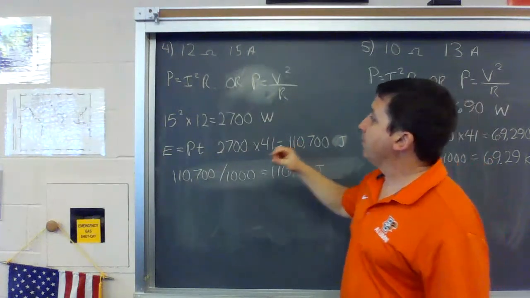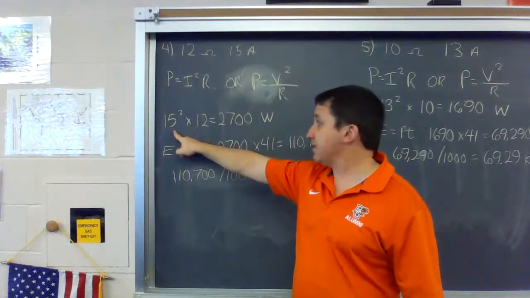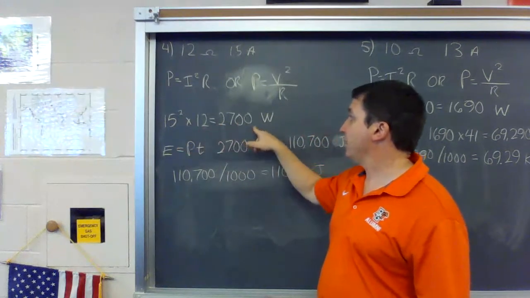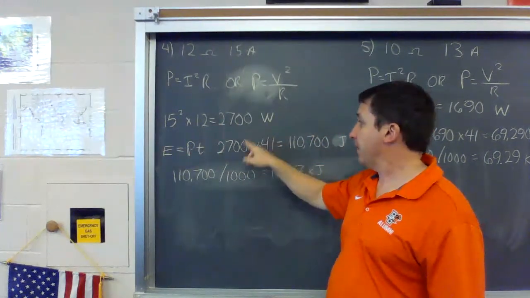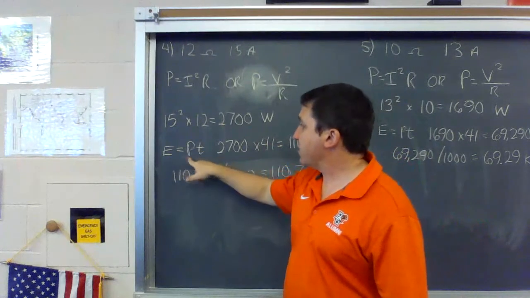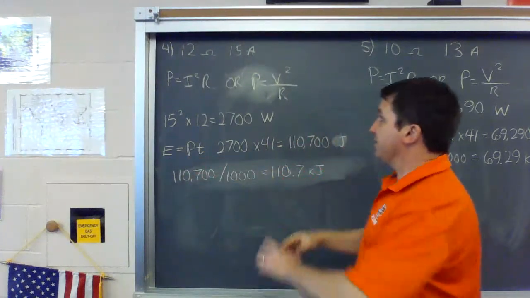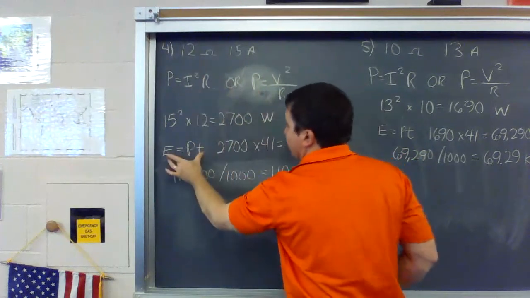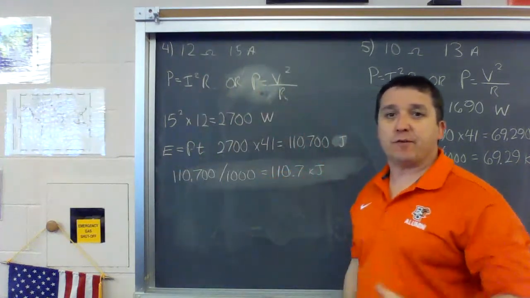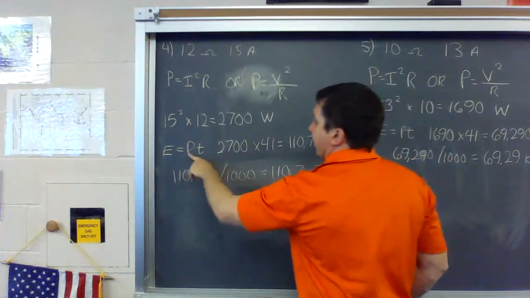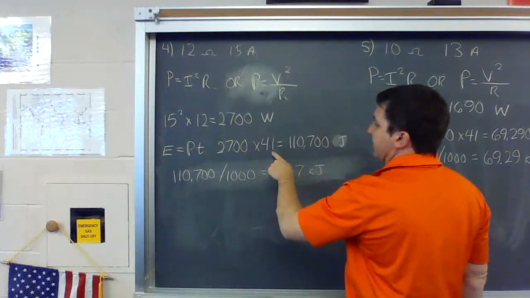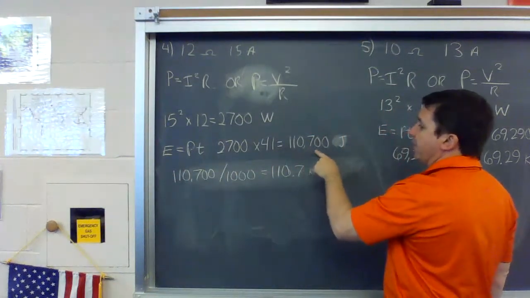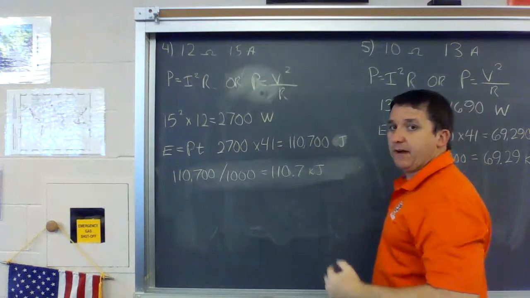So square 15, since that's the current: 15 squared times 12 is 2,700 watts. All right, the energy formula, because you're always going to use the energy formula. So again, one of these two equations here, then you use the energy formula every time. E equals P times T, 2,700 times 41 is 110,700 joules. Divide that by 1,000,